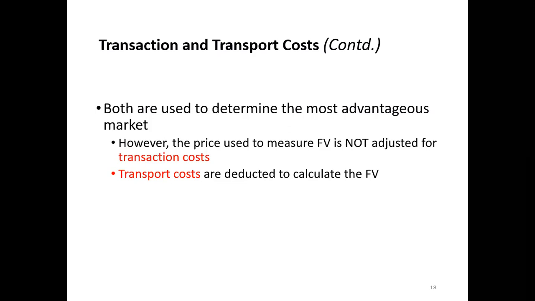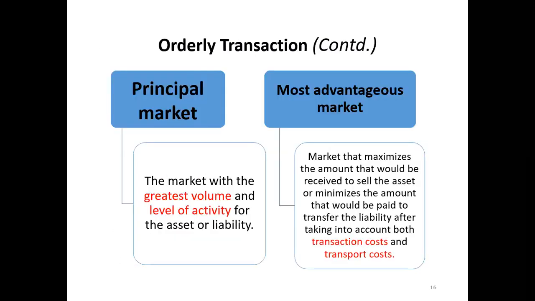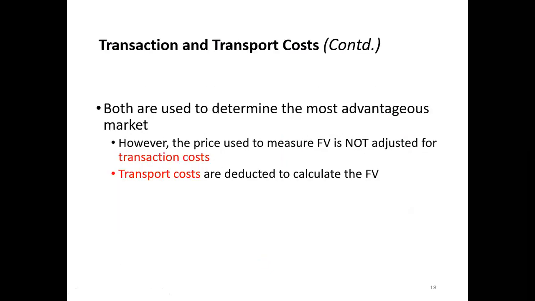So therefore, remember, when it comes to the fair value measurement, you take the sales proceed from a particular asset, that is the price that you would get from selling that asset in the market, and then deduct the transport cost, and that's what gives you the fair value. But when you are deciding on the market, it is on the basis of net proceed. In that, both the costs are deducted to decide the market. Once you agree on a market, you need to deduct only the transport cost from the sales proceed to arrive at the fair value. So that is the whole story.